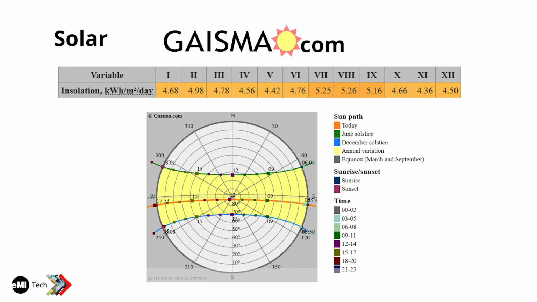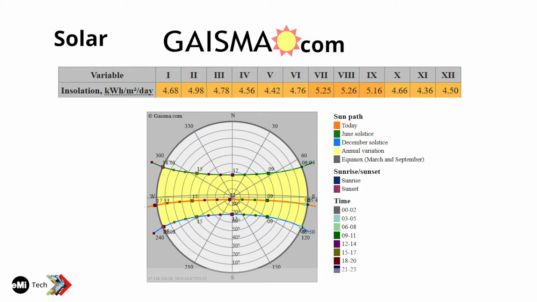And then if you're designing a system that's going to be grid connected, you just want to know the total average for the year. So you just take all those numbers and average them. If you're going to do an off-grid battery system, you want to look at the worst case month and then use that value in your cost analysis.